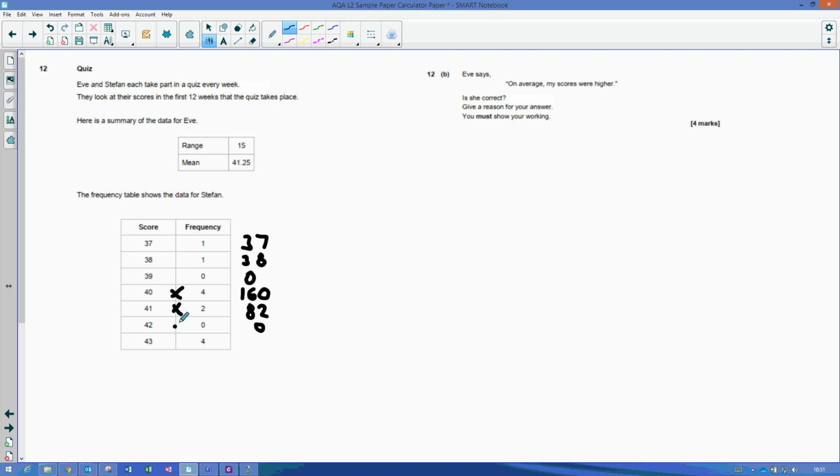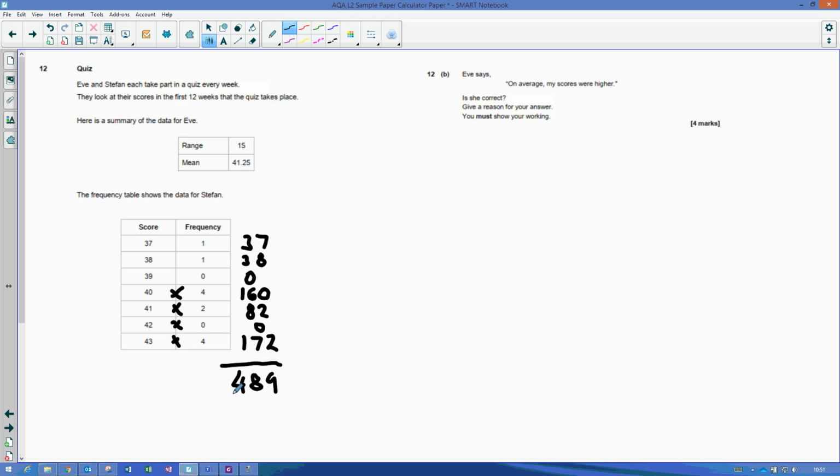And 43 multiplied by 4 is 172. If I add these up, I'll get the same thing I would have done listing out every single score. It's just faster. So if I type that into my calculator, I get an answer of